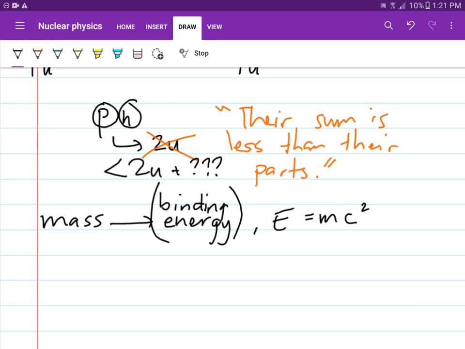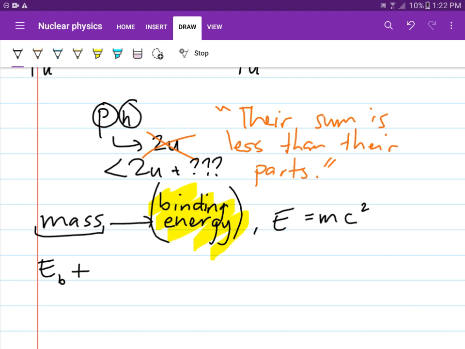So how do we calculate how much binding energy is needed to combine a proton and neutron? If you want to find the binding energy, we need to get the amount of mass that is lost, because mass is converted into nuclear binding energy. So let's write an equation. This binding energy, let's write it E_B